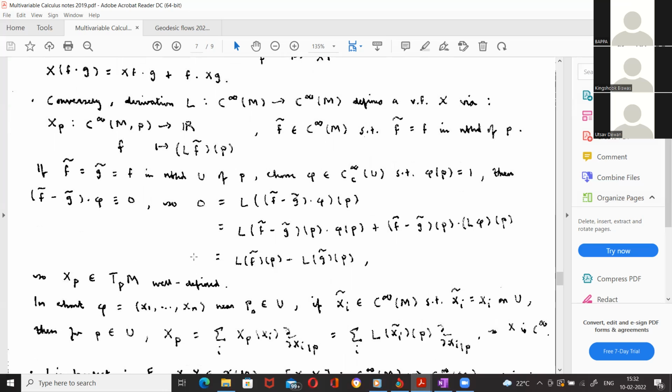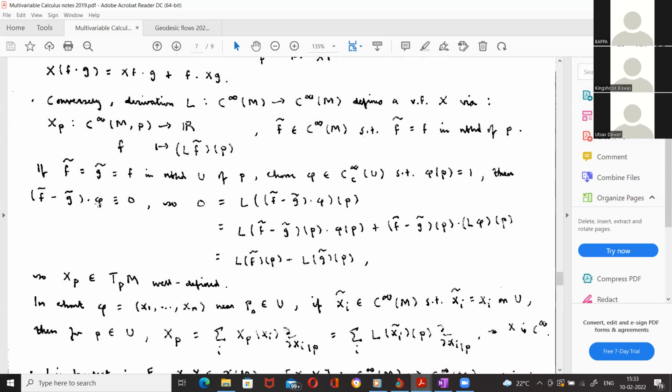Okay. So suppose I have two extensions, F tilde and G tilde, both equal to F in a neighborhood U of P. Then I choose phi, a smooth function with compact support contained in U, such that phi of P is equal to 1. Then if I look at the function (F tilde minus G tilde) times phi, this is identically 0 everywhere